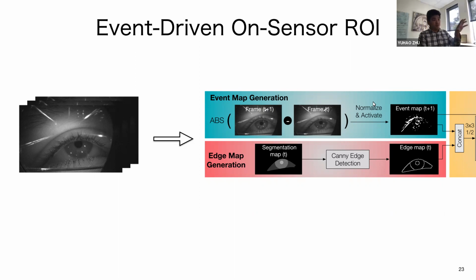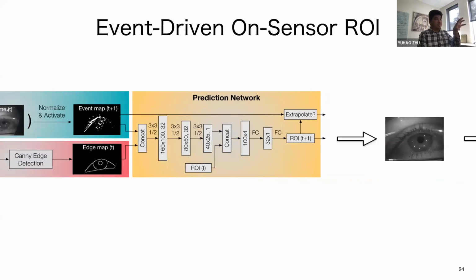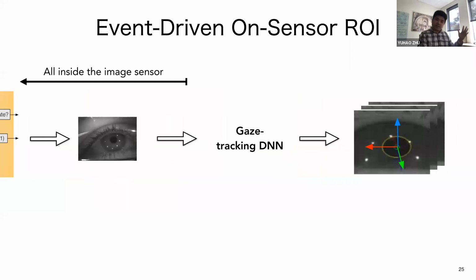So what we did is to extract the event map and then feed the event map into a tiny little 5-layer neural network. It might look complicated in terms of the network architecture, but it's just a very simple network. In terms of MAC operations, it's several orders of magnitude lower compared to the heavy gaze tracking neural net that you would run. So it's just a tiny neural net that you can push into the sensor. The event map goes into the neural net, which predicts the ROI, and the ROI is what gets transmitted to the processor, to the SoC on which you run the gaze tracking neural net. And so everything up until this point runs inside the image sensor.